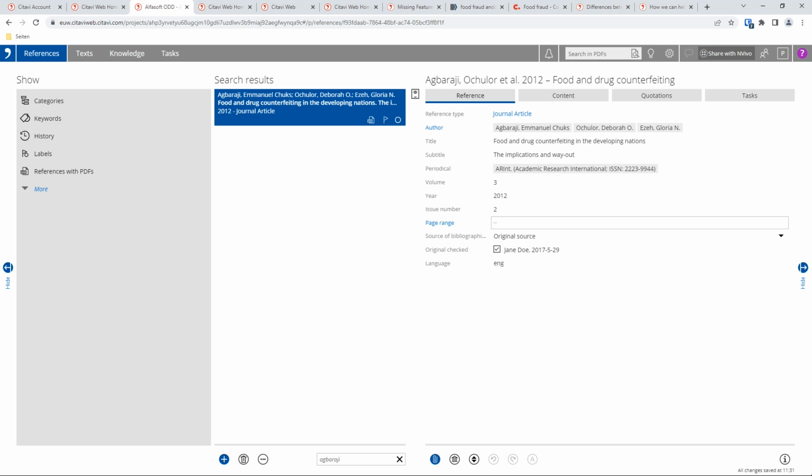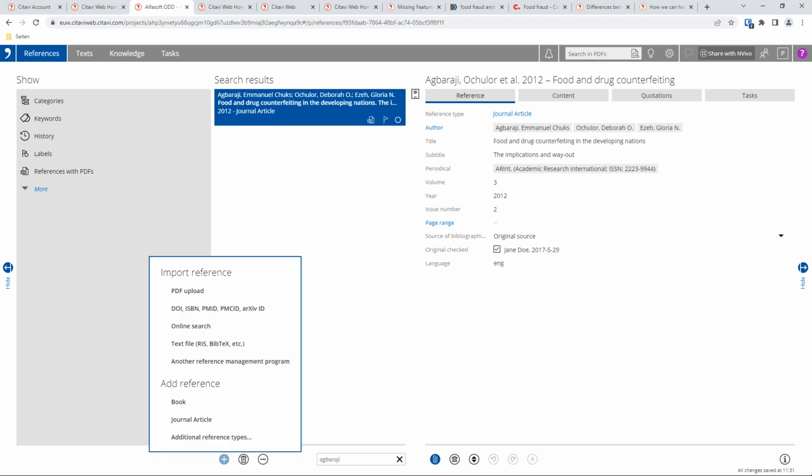Now let's insert a new reference. I'll insert one here. How is that done in Citavi Web? I click on the blue button here and say add reference, book, journal article, or another of the 35 reference types available. I'll not do that now because I just end up with an empty